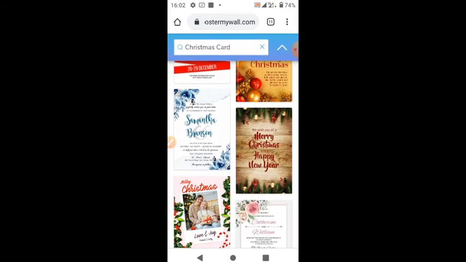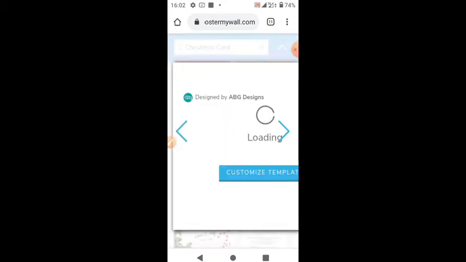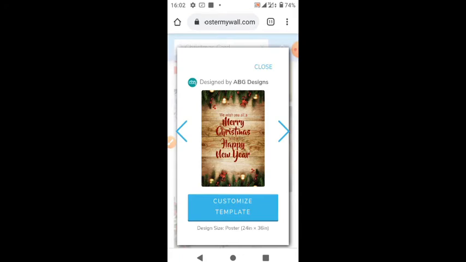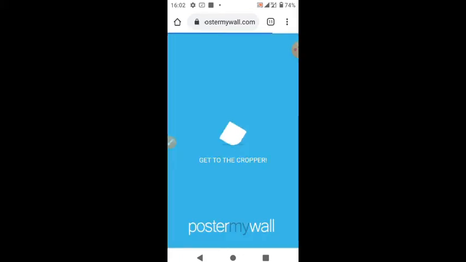So you select any of the flyers and design. Just click on this and then click on customize template. You wait for it to load.